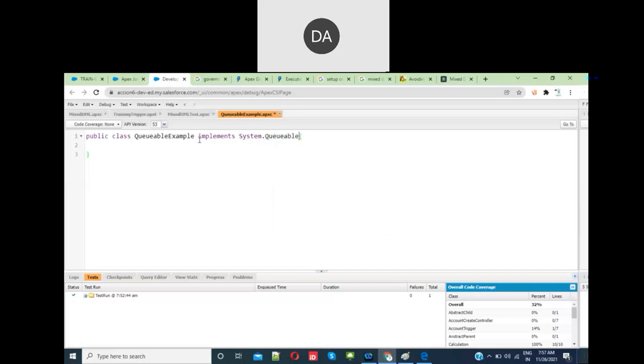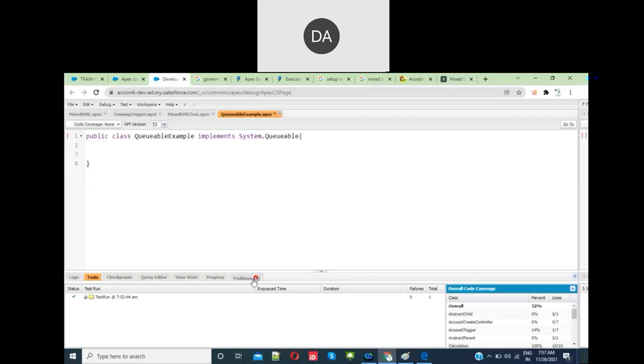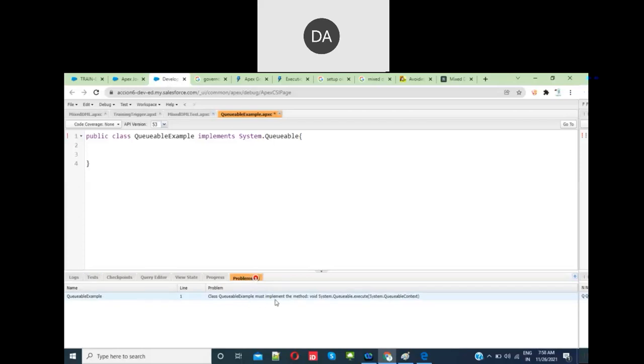This is an interface. When it is an interface, you need to implement the methods that we have in that interface. If you see this, it will throw an error here. See, QueueableExample must implement the execute method, as this is implementing the Queueable interface. Okay, so it is public void execute